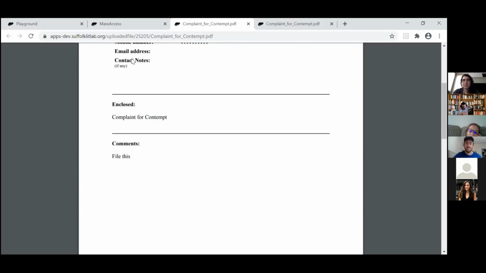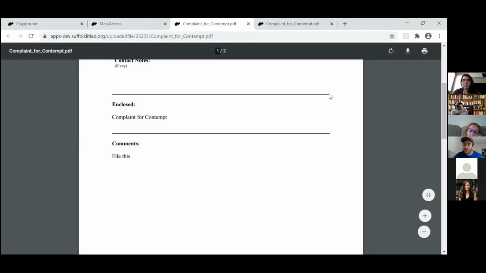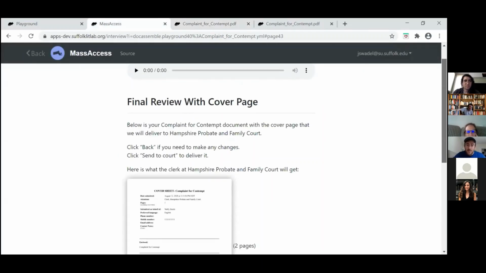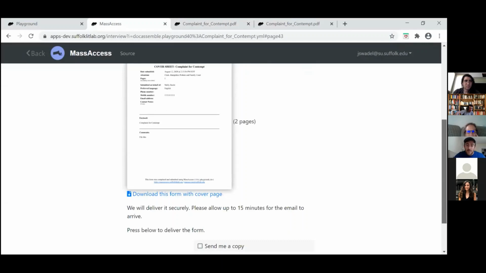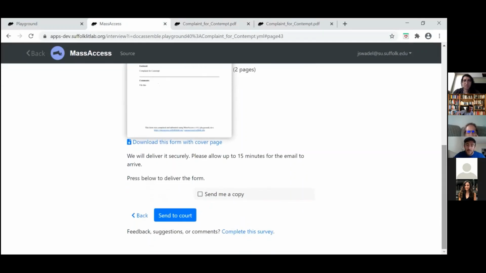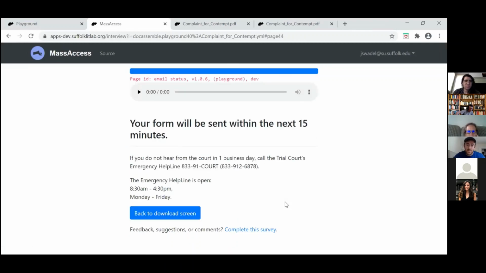It should already be there. There should be some line in there. It was probably in the previous screen or the one before that, where it said, after you submit this, you should get a call. I don't know if it says when you send it to court, or if it was before that. Yeah, there it is. If you did not hear.